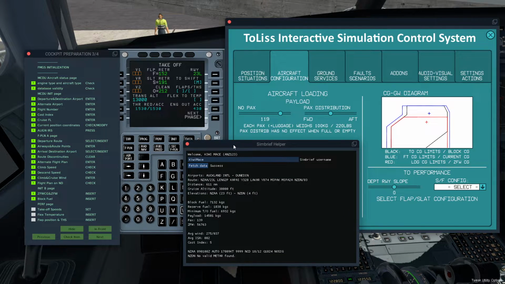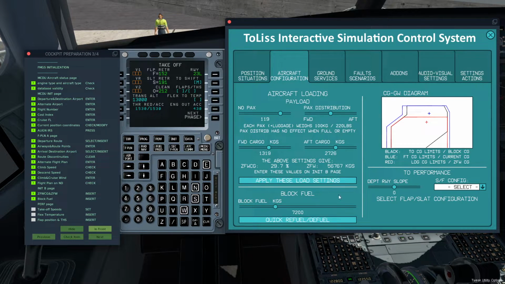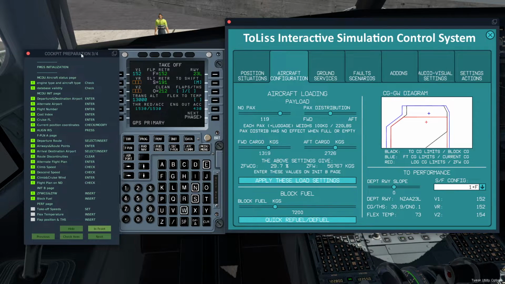I don't think I'm going to need this anymore. I think I've pretty much got everything I need there, so we can get rid of the sim brief helper. We can always bring it back if we need it. So slats and flaps configuration, let's just go for 1 right here, and it goes ahead and gives us our information. So 152 for V1, 152, boom,